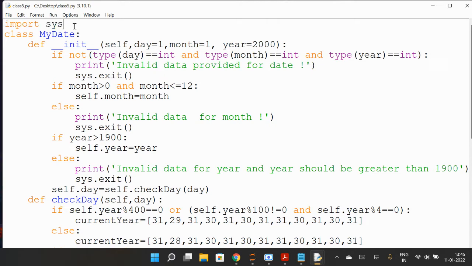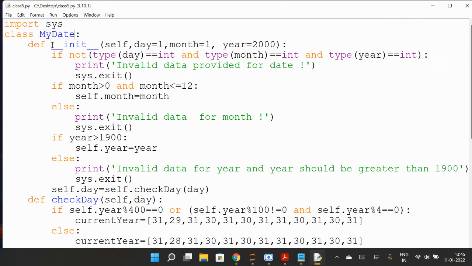So import says we are importing this module. Then we have defined a class. The name of the class is MyDate. This program is inside that chapter. In the PPT it is also there, so we'll see it just to try to understand it. And then I will use this in another program. So MyDate is a class that I will use in another program. Class MyDate, this is the name of the class.